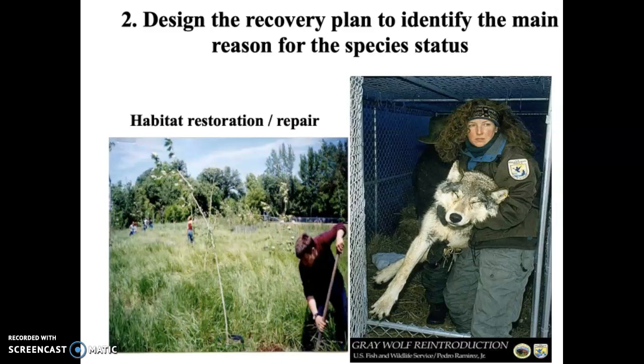Others, it may be a reintroduction. Okay, we don't have wolves here. Can we bring wolves from somewhere else and reintroduce them to their original range? Illinois does not have wolves. We used to. Wolves are extinct, or they call them extirpated. Basically, they're eliminated from the state of Illinois. Could we bring wolves from Canada down here? Sure. Do we have the habitat for them, though? No. So your recovery plan has to identify and kind of target the main reason that the species is threatened